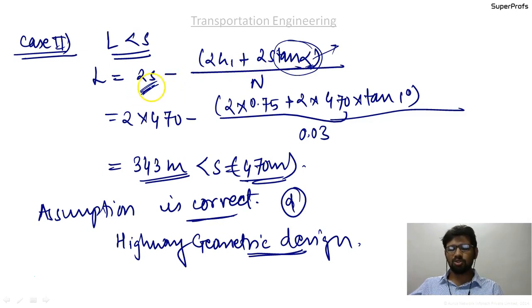For the summit curve also it was 2S minus under root of 2h plus under root of 2h, the small h bracket whole squared upon n, and in that place here there is a slight change, based on the requirement, based on the concept. So while keeping the formula in your mind, you should apply some logic, some judgment. You should start writing this formula so that you easily remember it in the examination. And practicing the formula from this very second itself is really important, guys.